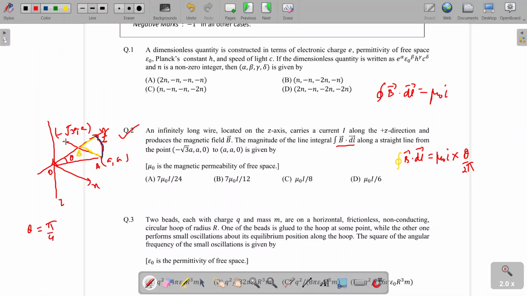Similar comments can be made for the point (-√3, a). What angle would that curve be subtending? Here, this angle theta dash is equal to tan inverse of root 3, which is pi by 3. So